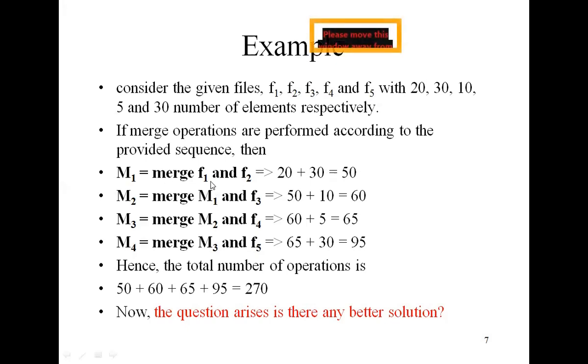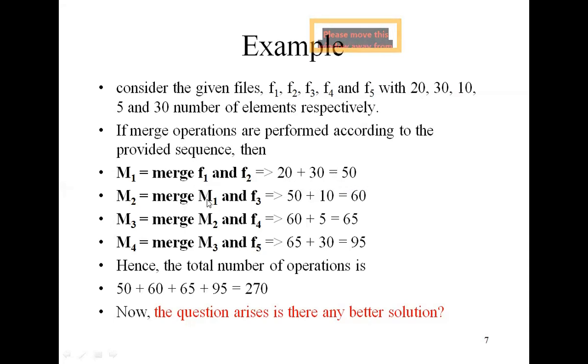Since F1 file consists of 20 records and the F2 file consists of 30 records, when we merge these two, you need 50 moves of records, so the value is 50.